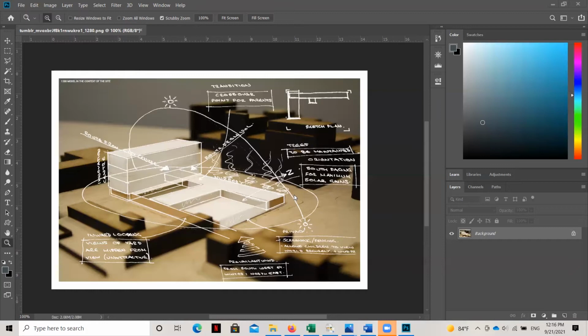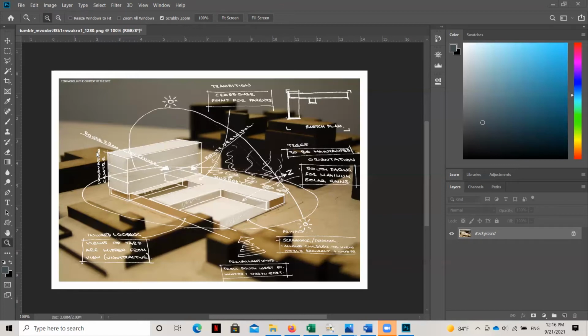And then they took their favorite pen. It was probably a black one, and traced over and added all of these sketches over top onto tracing paper to that photograph that was printed out in front of them. And so it might have taken a few tries to get the perfect sketch, but that's the process that they followed.